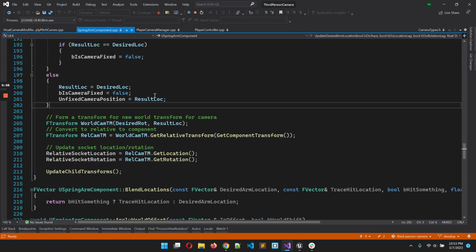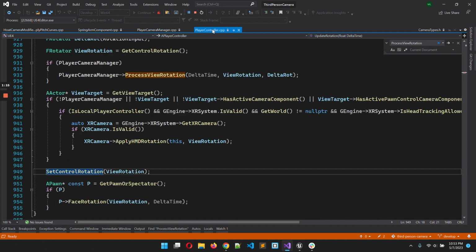What's the role of the spring arm in terms of the camera modifiers, in particular to this project? Because there are a lot of different ways to use it, but how this project sets it up and uses it in general. So the player controller